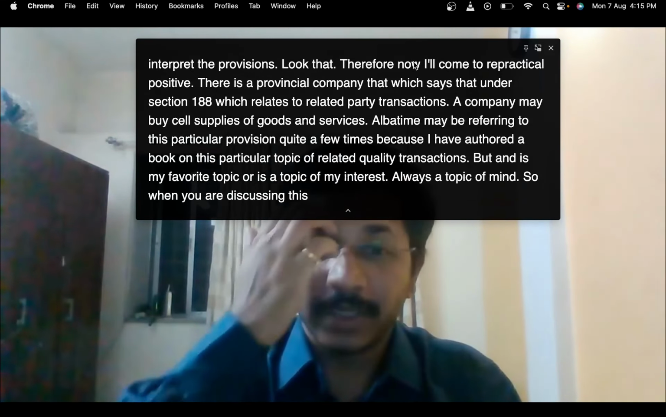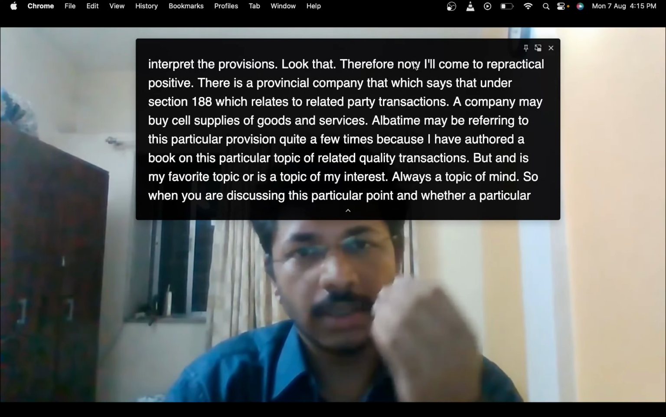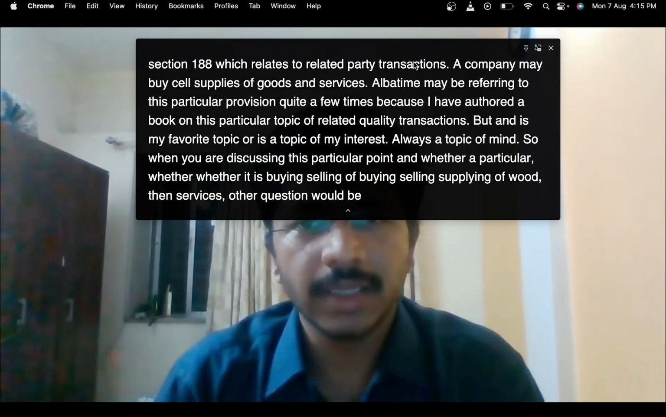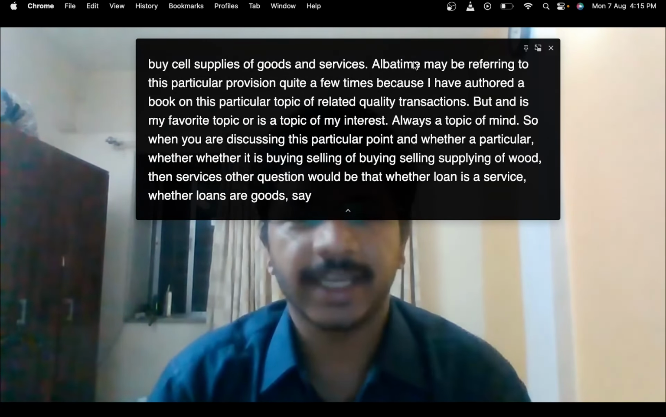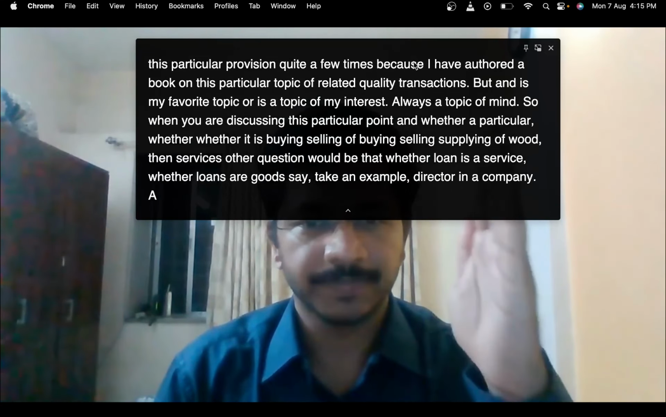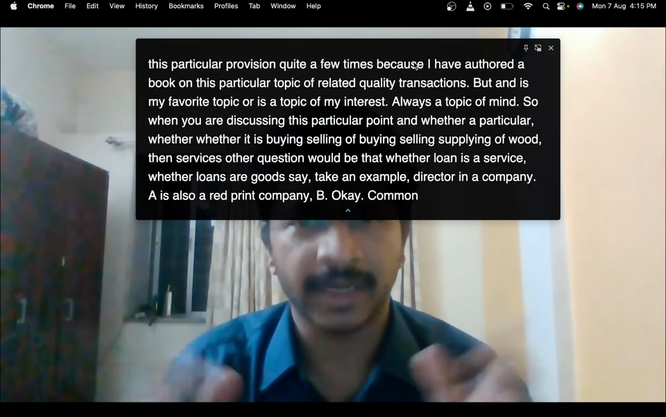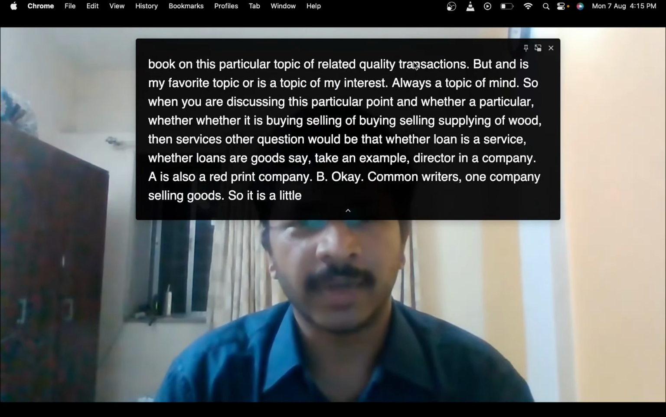So when you are discussing this particular point, whether it is buying, selling, supplying of goods and services, now the question would be whether a loan is a service, whether loans are goods. Say, take an example: a director in company A is also a director in company B. Okay, common directors. One company is buying, selling goods, so it is a related party transaction, no doubt, because it